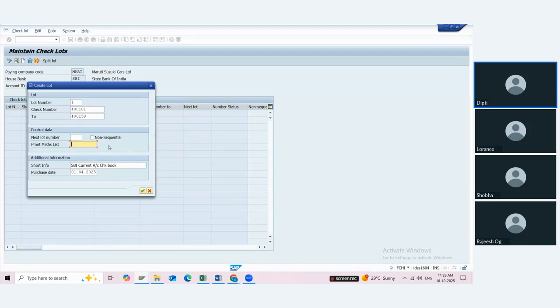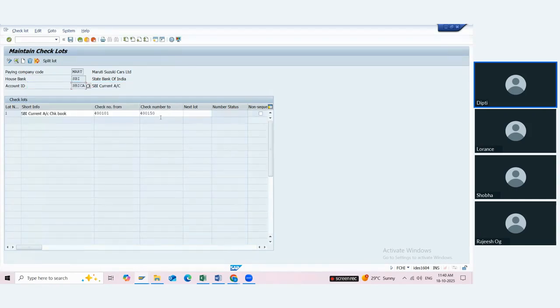And now usually we follow the same sequence of a check. Like first I will give check number 400101, 102, 103. We usually follow sequential checks, right? To make it easy for us to understand. So the format of SAP is also that we follow the same sequence in a sequential way, only we follow the check number.